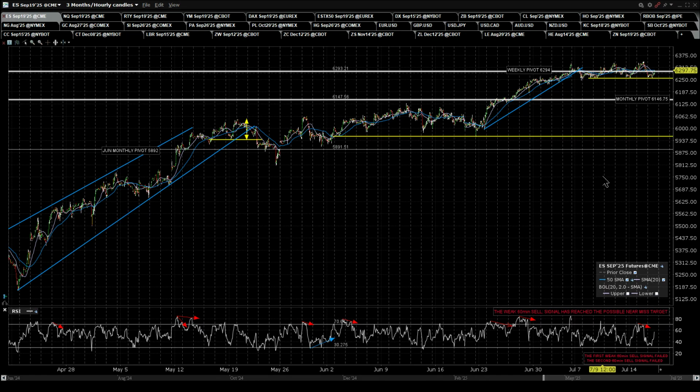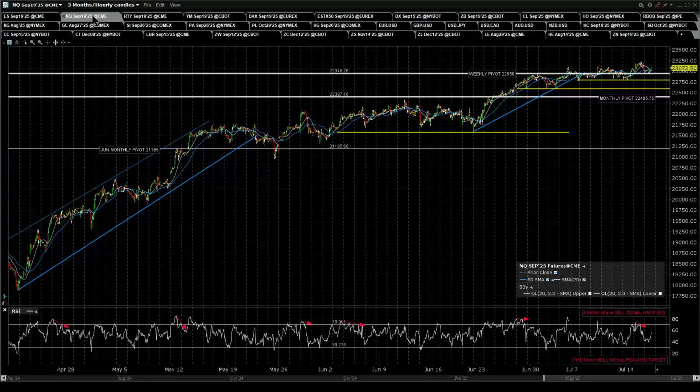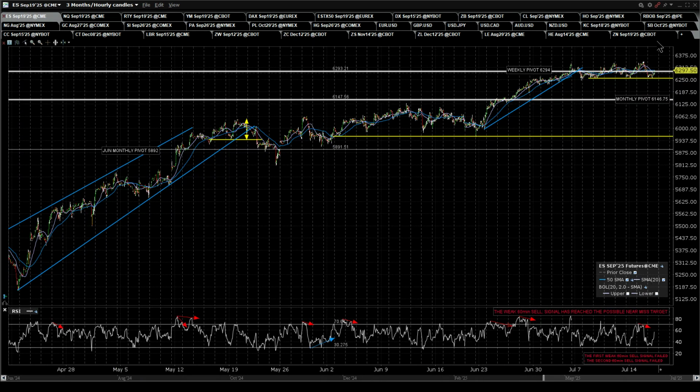Okay, I did a post this morning on where we are on equities, so have a look at that. But in the short term, the weak 60-minute sell signal that was brewing yesterday morning fixed and reached a possible near miss target, and we are rallying fairly strongly from that. In Q, it fixed and didn't make a target, and didn't get as low either. We actually reached the possible level top support on ES, but held support there with a small amount of positive divergence on the